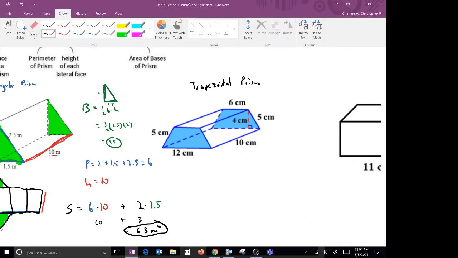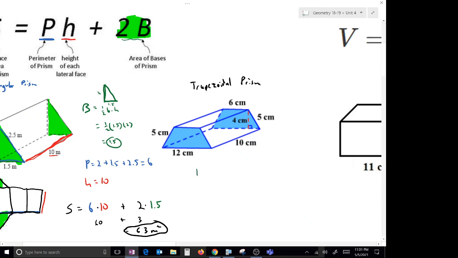So if I was working out surface area for this one, area of the base would be, well, the formula for area of a trapezoid is 1/2 base 1 plus base 2 times the height, so that's going to be 1/2